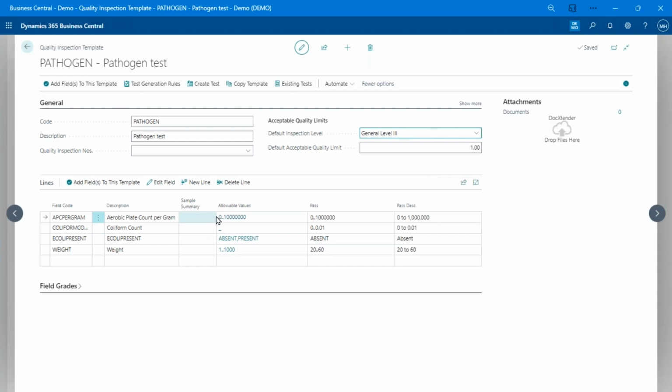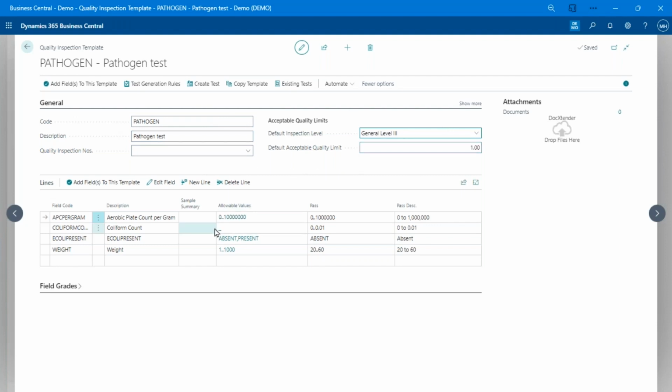So there's a few ways you can do that. Some people create a new test for every sample they take, because maybe they're taking samples once a day for a week. Well, maybe a new test makes sense. The other way we can do it is we can create a retest. So you have one test, so one test number, one document number, and you just create retests on that to do your samples.